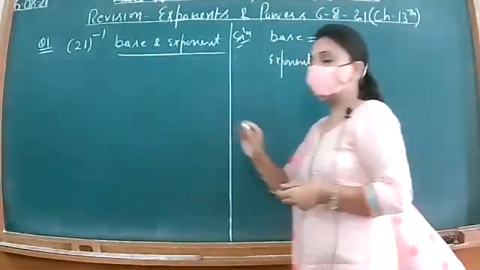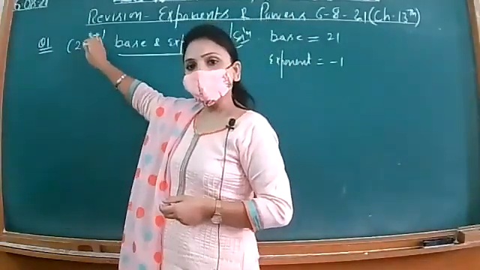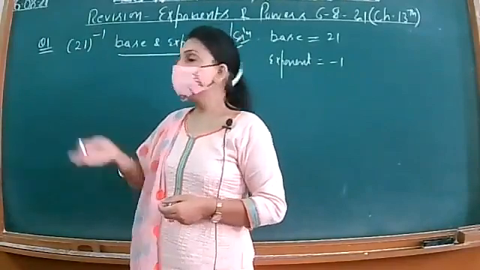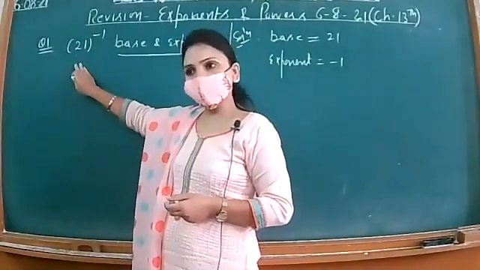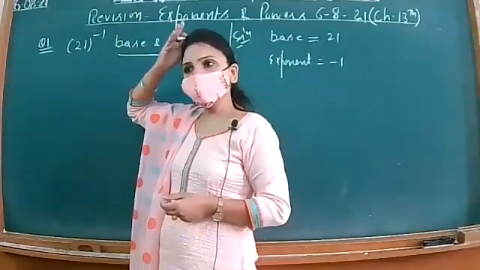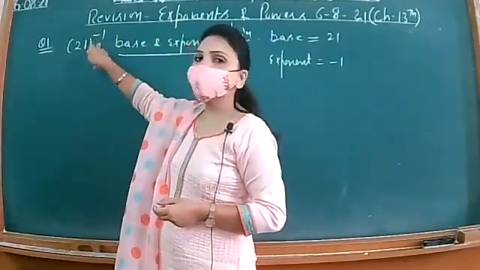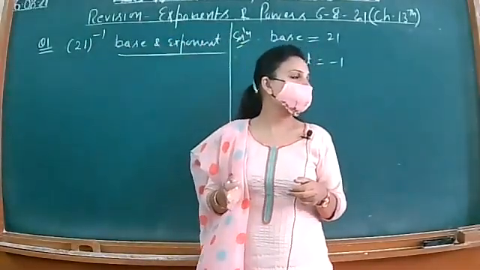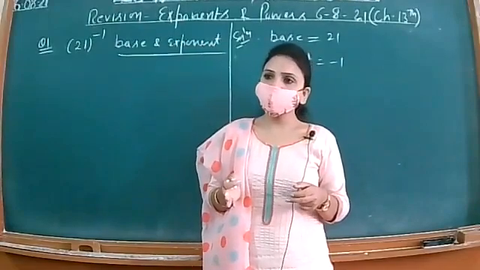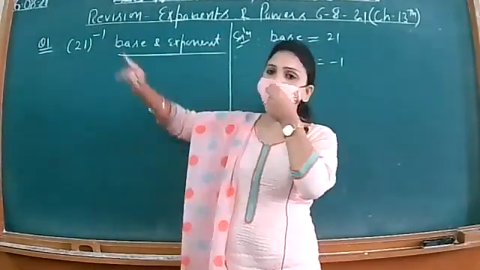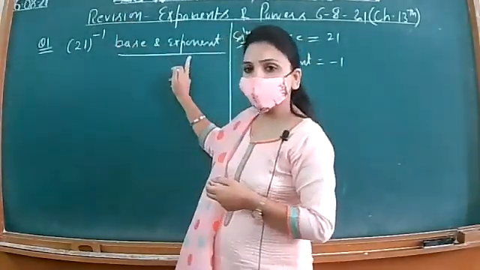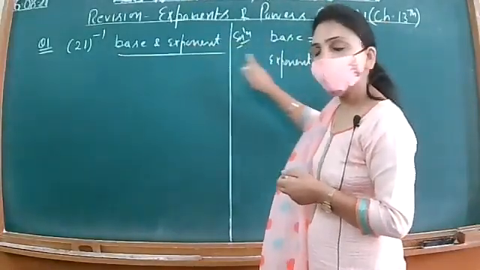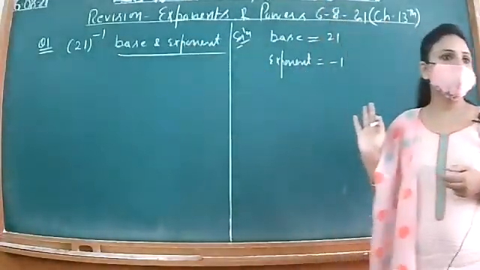You know, when we are having an expression like this in which some power is on the head and some number is there, how do we write the base and exponent? The number sitting at the bottom will be the base, and power is always at the head. अगर आपने किसी को तिलक लगाना हो तो कहाँ लगाते? क्राउन रखना हो तो उसके पैरों में रखते हैं क्राउन. Where will the crown be situated? Head पे, ठीक है? Power is always at the head. So exponent को आप power भी बोल सकते हो. So base is 21 and exponent is minus 1. Is it okay, all of you?